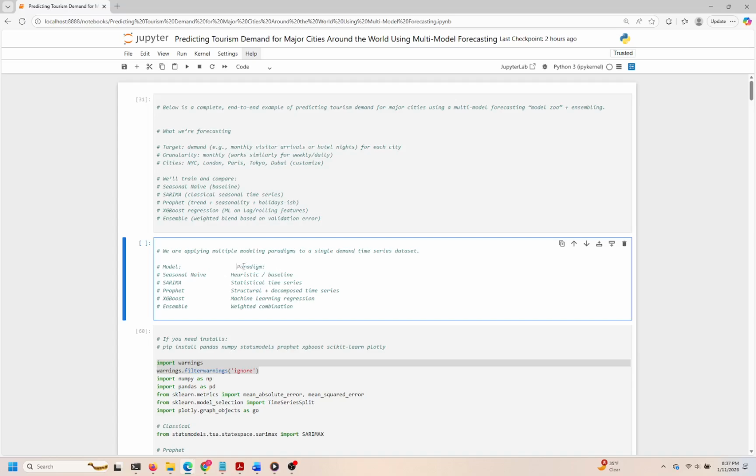First up is the seasonal naive model, which serves as a heuristic baseline to establish a simple yet effective starting point for our predictions. This model uses past observations to predict future values, specifically assuming that future demand will mirror historical patterns. Following this, we have SARIMA, a well-regarded statistical time series model that captures both seasonality and trends in the data. It's worth noting that while SARIMA is powerful, it requires careful parameter tuning to avoid common pitfalls like